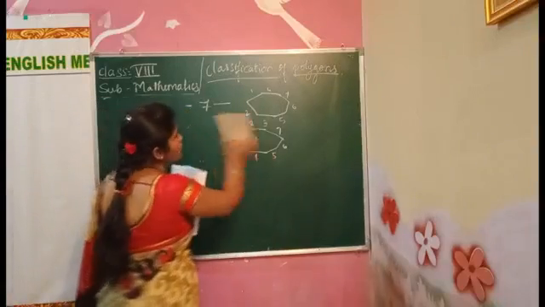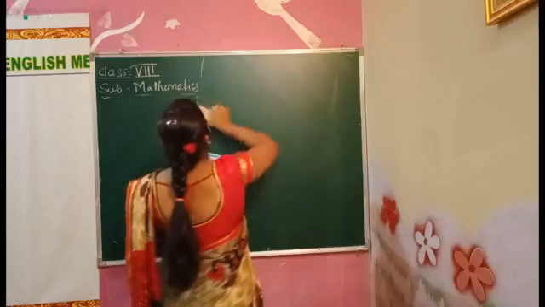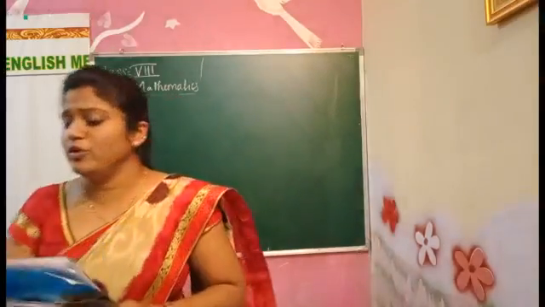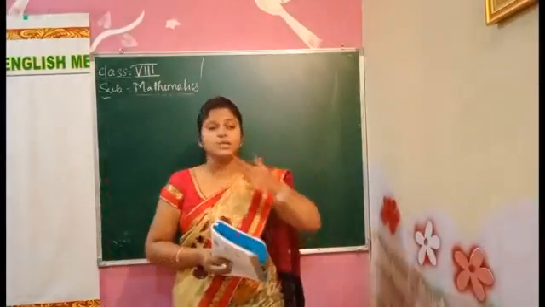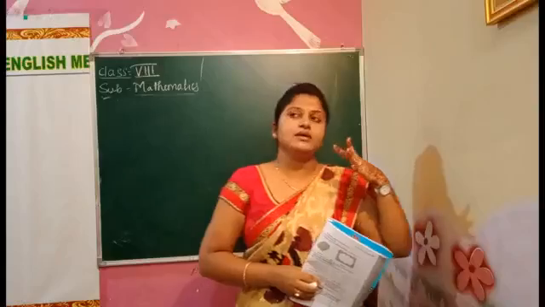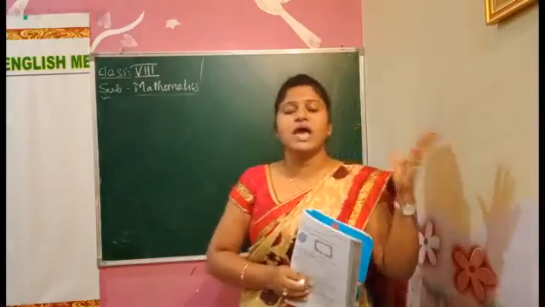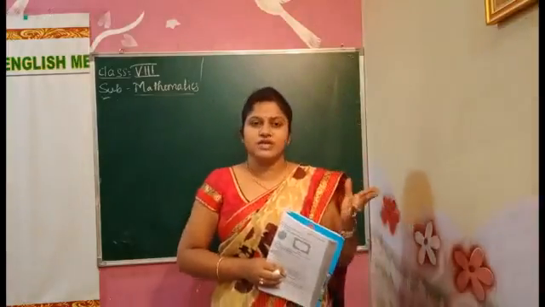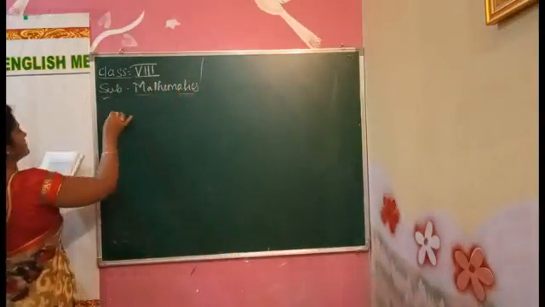How we draw the polygons? How we use the polygons? How many types are there? Okay, n types. You can say it like that also. N times means infinity. It doesn't have an end. However many numbers we have, that many polygons we can draw. Okay, understood? Now we'll move on to the next one, that is diagonals.